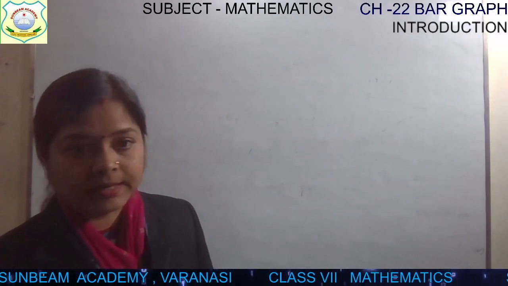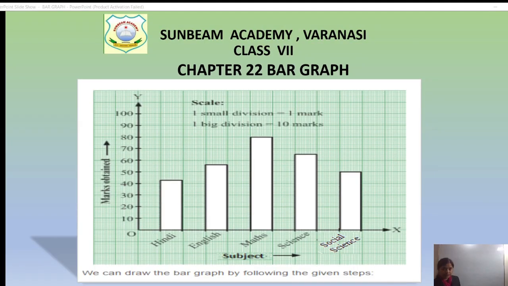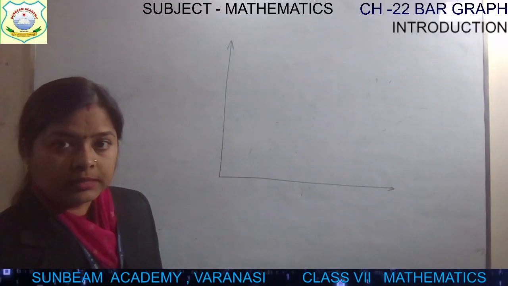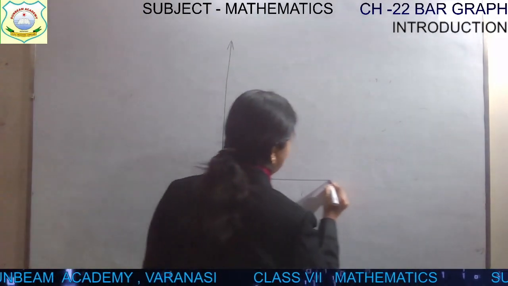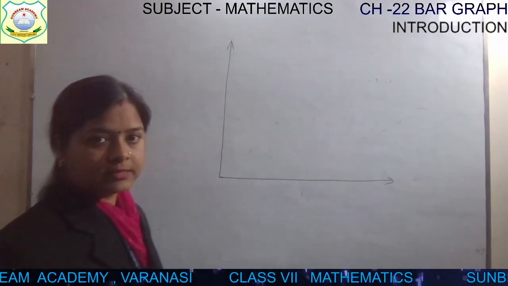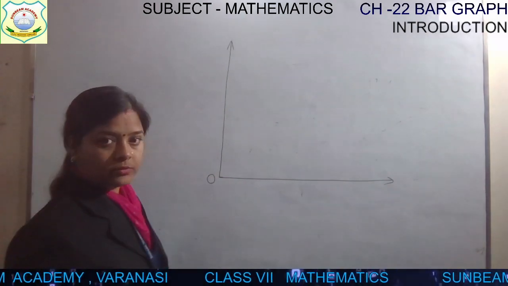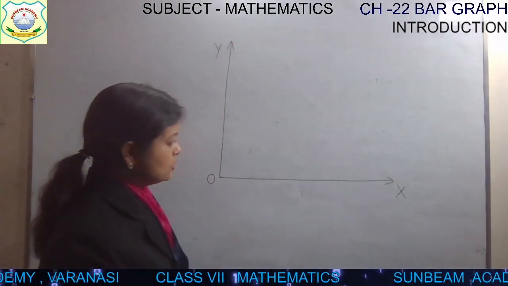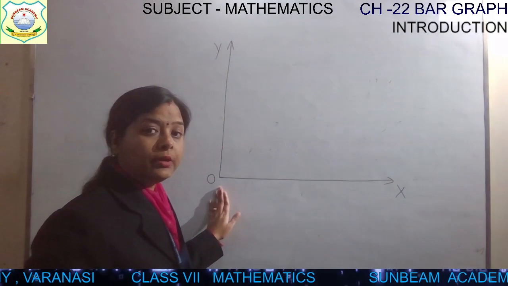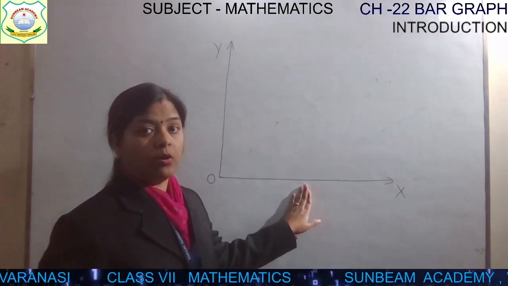Now let me show you through an example. Meanwhile, you see it, children. Let me draw a bar graph for you. First of all, I am drawing a graph for you. See this, it's not straight, so it should be straight, children. You will plot it on the graph, isn't it? It is the 0 origin, 0 point, the x-axis, and this is the y-axis. Generally, on the x-axis we used to plot the category.